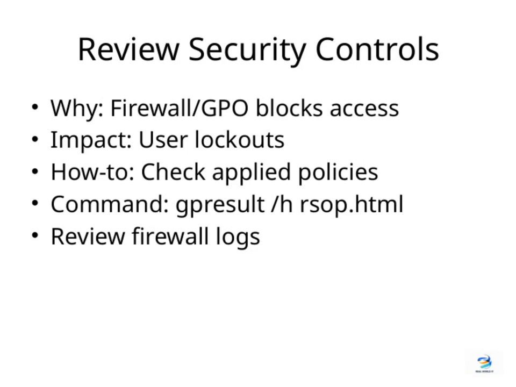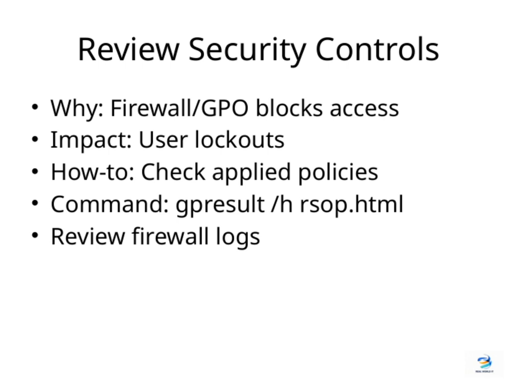So one common reason why users might experience access issues is due to firewalls or group policy objects, or GPOs, blocking their access. This can lead to user lockouts, which can be frustrating and disruptive. To troubleshoot this effectively, the first step is to check the applied policies on the affected machine. You can do this easily by running the command gpresult /h rsop.html, which generates a report showing all the policies